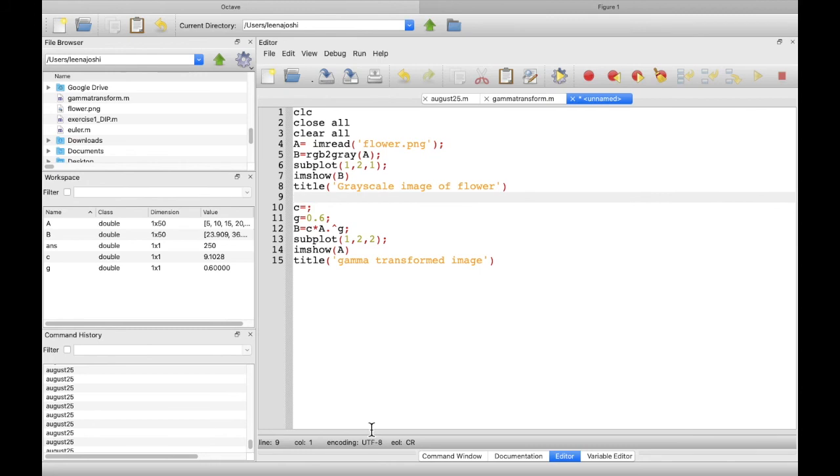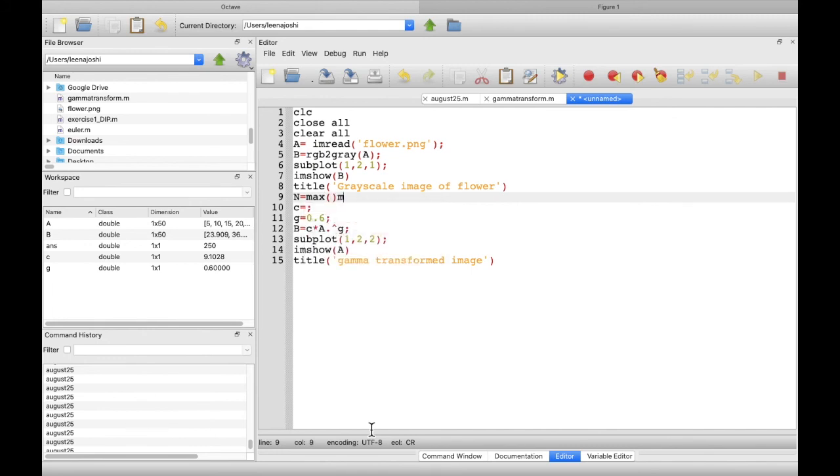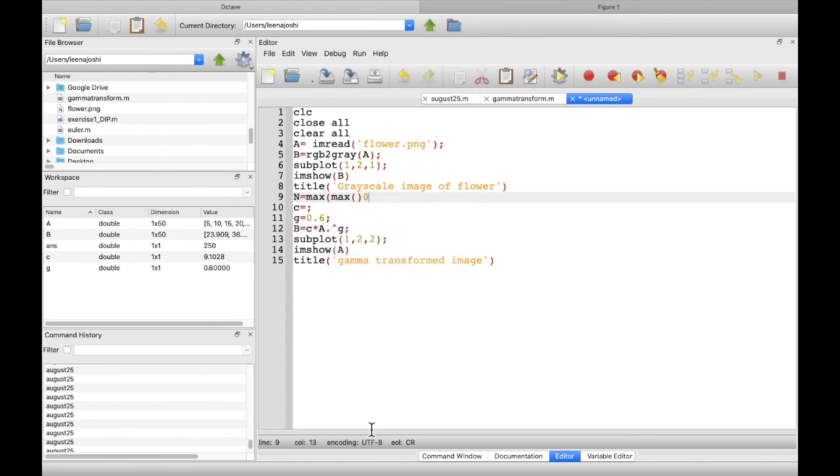Let us calculate n as the max of B. This n we will use in order to calculate C.